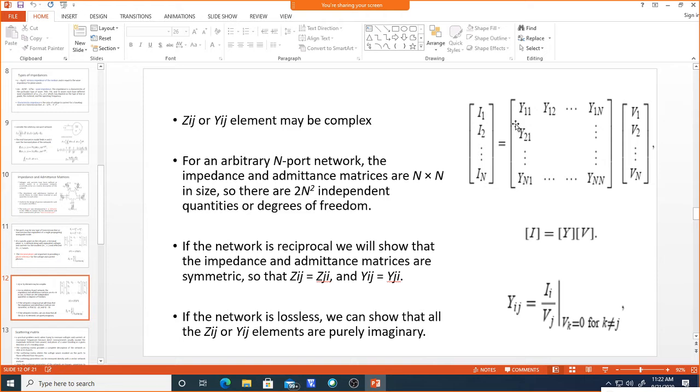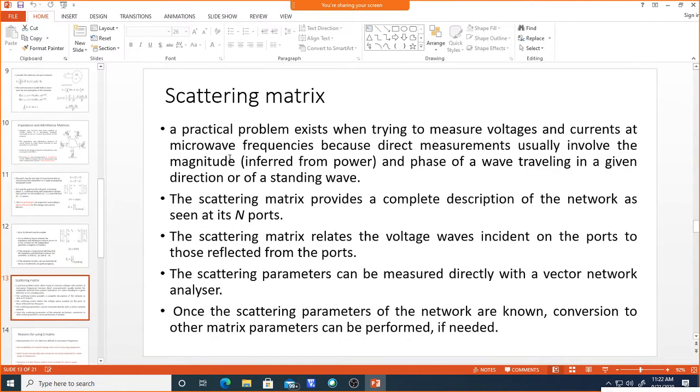Okay, so now how can we represent this microwave network concept in terms of s parameters, that is, scattering parameters? Why do we actually need the scattering parameters? Why can't we use the same z or y? Can't the microwave network be defined in terms of that, is it difficult, or what problem exists? So what is the problem? The problem is that at higher frequencies it is difficult to measure voltage and currents.